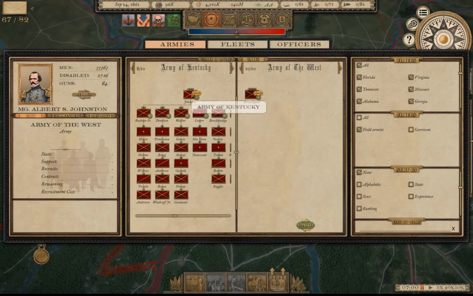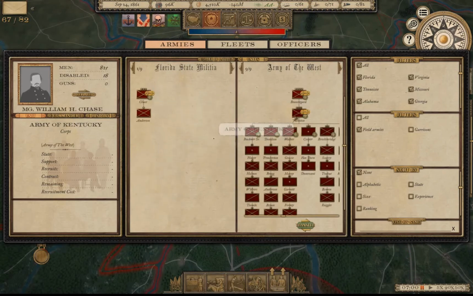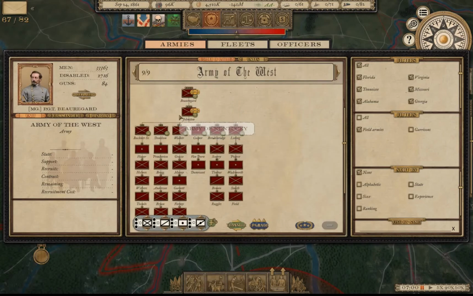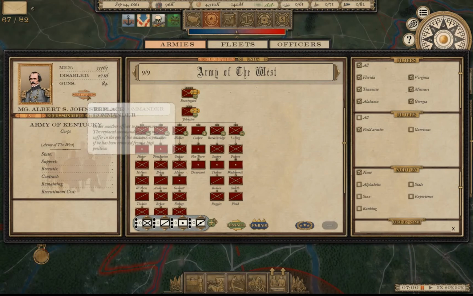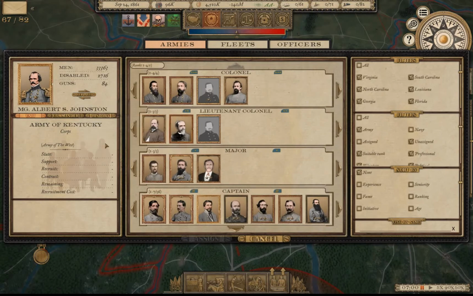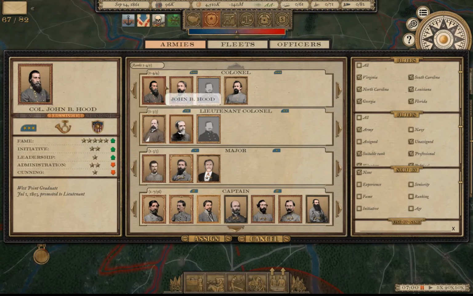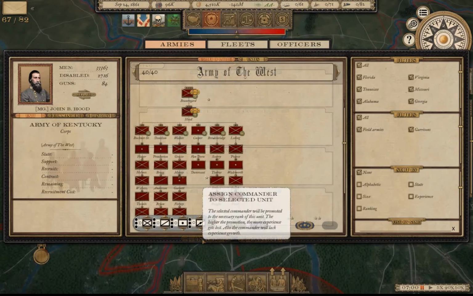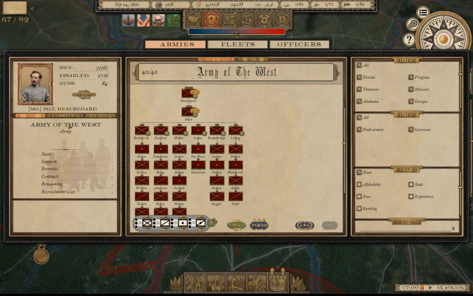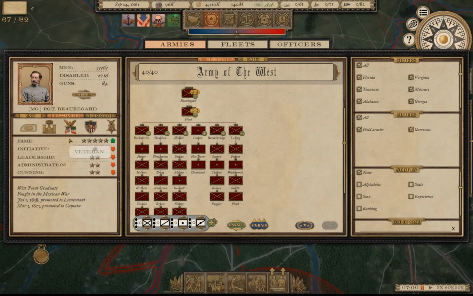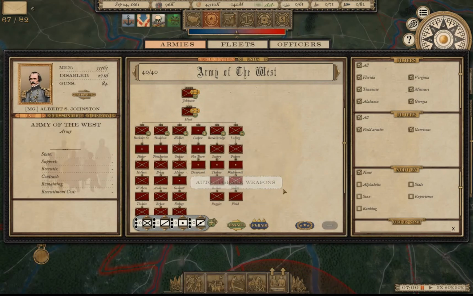See, now it works kind of backwards. We got to actually transfer Johnston to the Army of the West. And then now we can remove Beauregard. Actually, we should remove Johnston first. So this will be a new corps. This is where maybe we can put Hood in charge. I'm thinking that might be a good idea. So we're going to assign Hood to the corps command. We're going to replace Beauregard with Johnston, and then we should be able to create a new corps and a